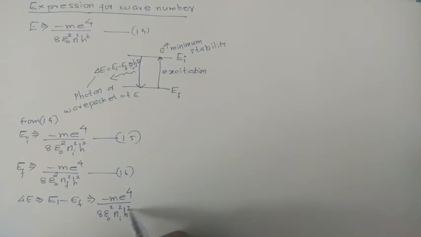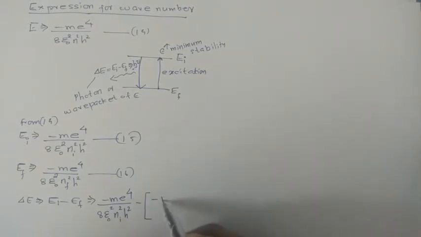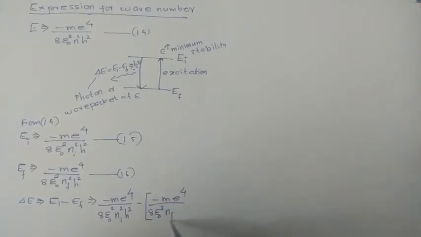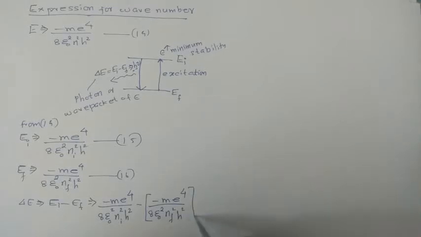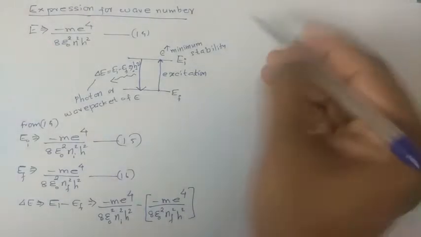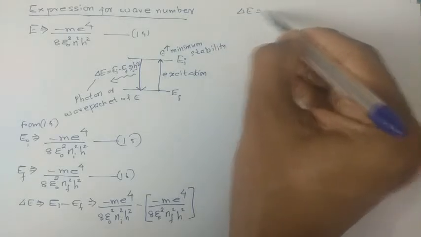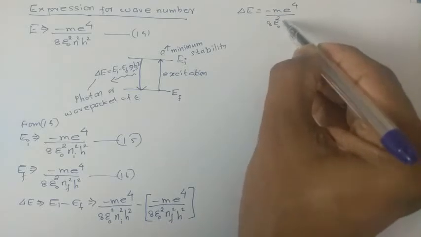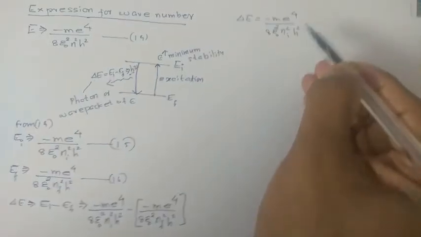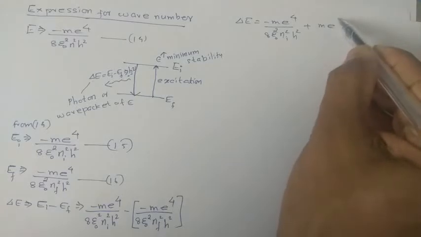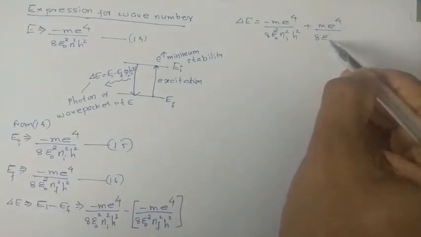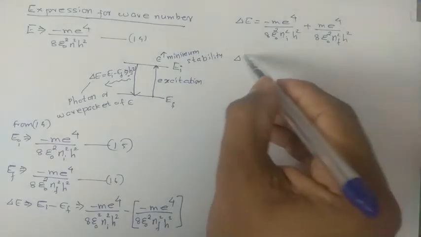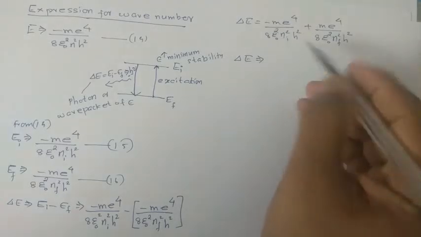So delta E is equal to minus m e⁴ divided by 8 epsilon 0 square n_i square h square, plus m e⁴ divided by 8 epsilon 0 square n_f square h square. So delta E is equal to